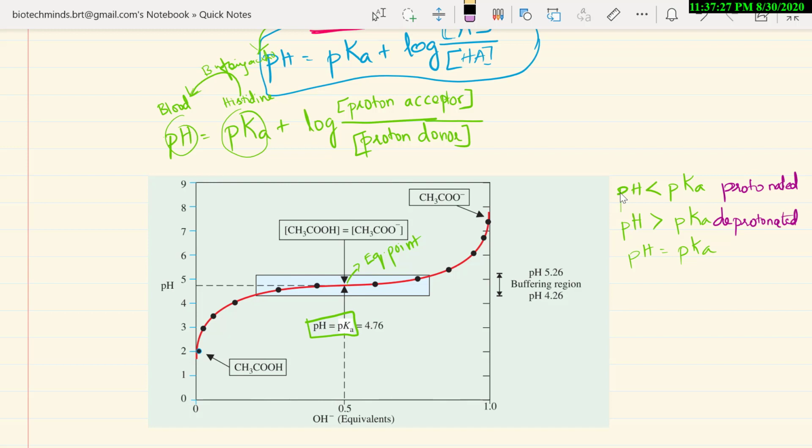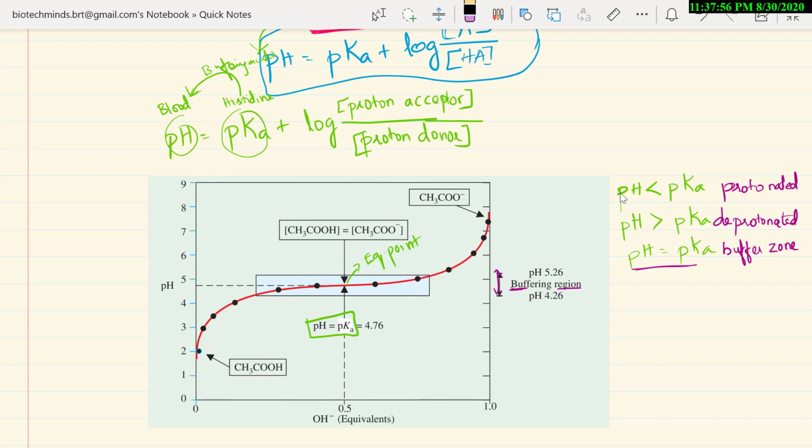So what will happen, I will tell you. And this is the buffer zone, the equivalence point zone. You can see from the picture also. They have termed this the buffering region, where pH is equal to pKa. Now how do we say this is deprotonated? See, as pH is equal to pKa, the pKa is the value of 4.6.